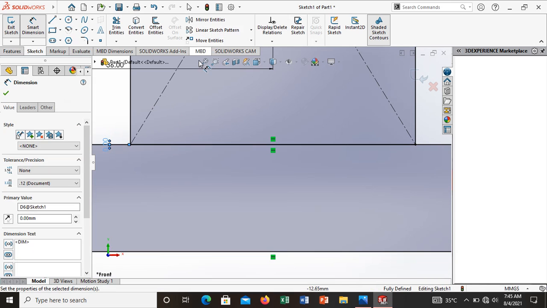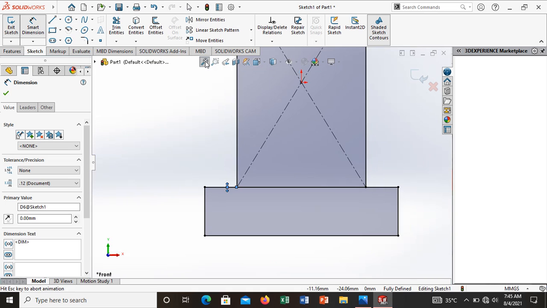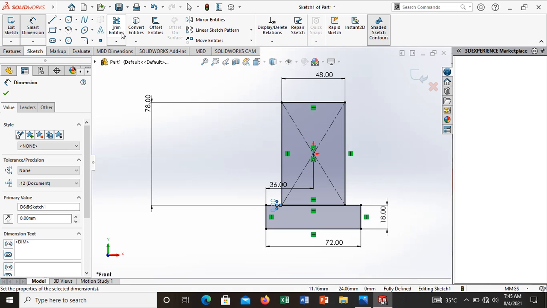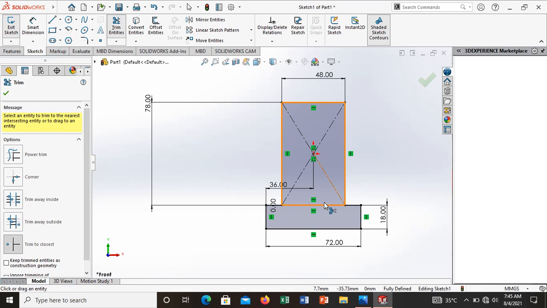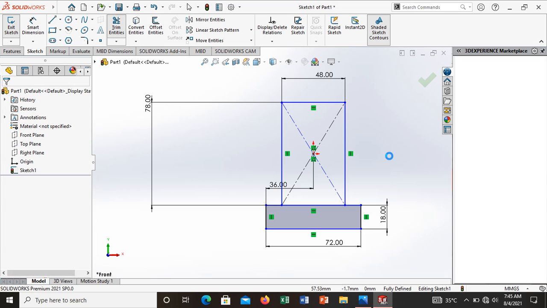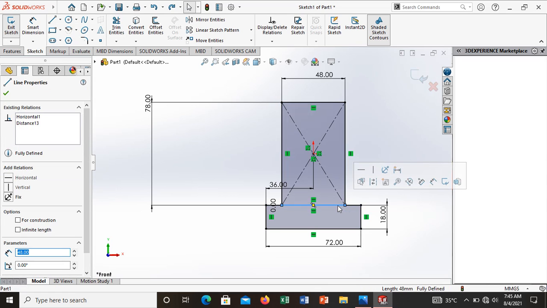Zoom all, and then take the trim tool and trim this entity. One entity is enough. Okay, trim one entity.